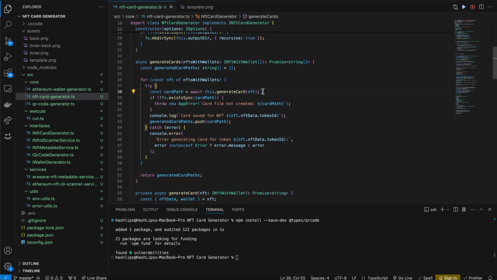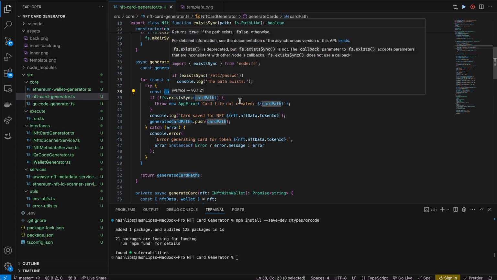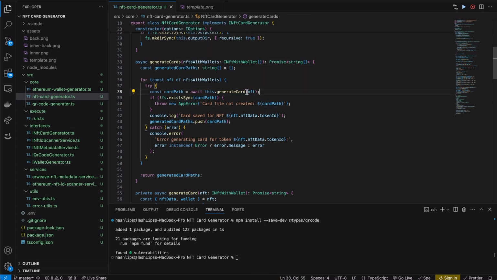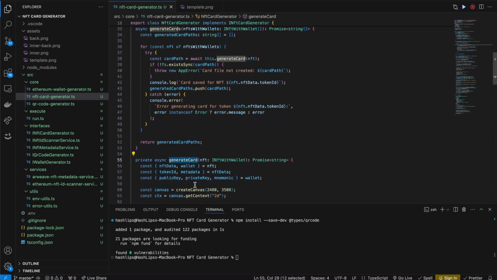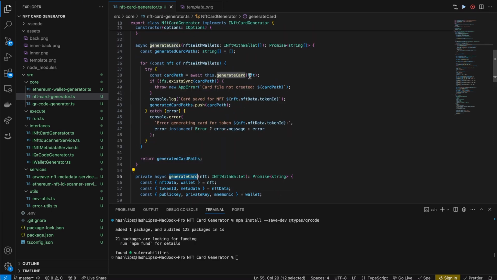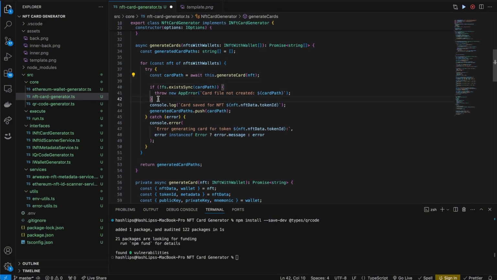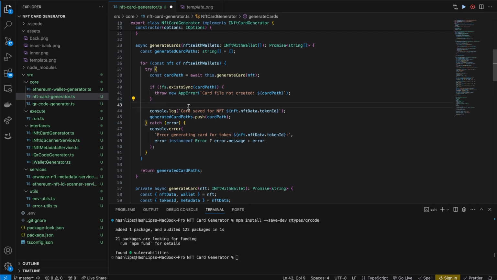But the first thing we're going to try and do is get the card path. And we get this by actually running our generate card function that we just created down here, passing in the NFT. Then we go and check if the path does not exist, meaning that this card was not really created successfully. So if this fails, then we can safely say that we should stop the process and actually throw our app error. And so then we go ahead, once that's all fine, we just let ourselves know that the card has been saved, giving it the ID,